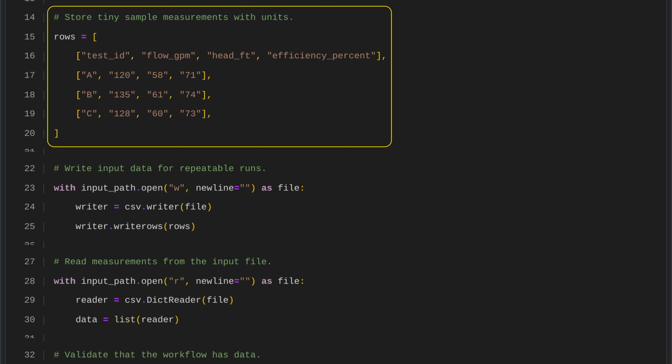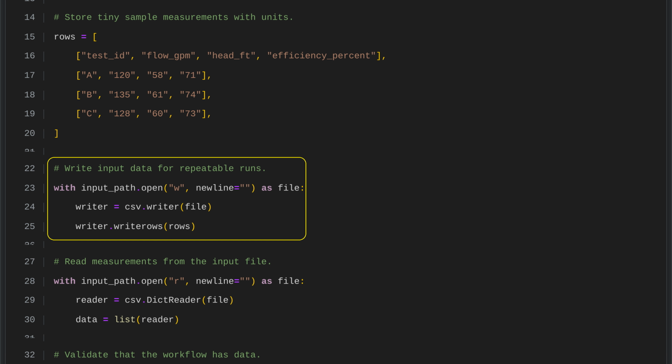file later. The file is opened for writing with proper new line handling so it can be saved as a readable CSV. A CSV writer is then used to write all rows in a structured format, preparing the data for